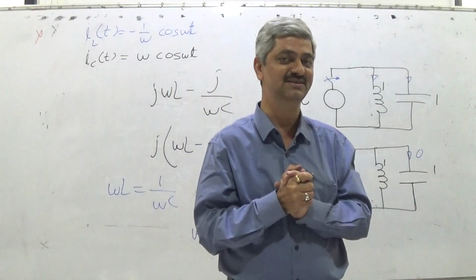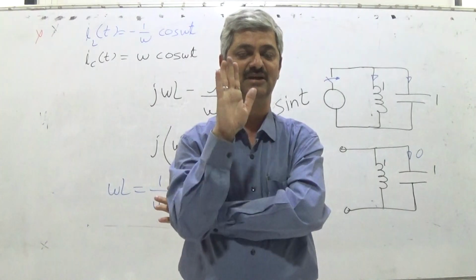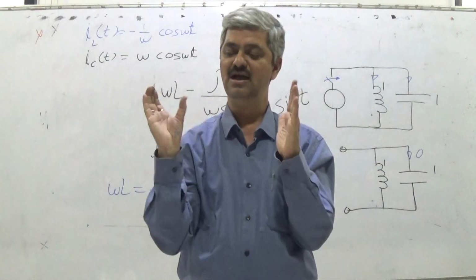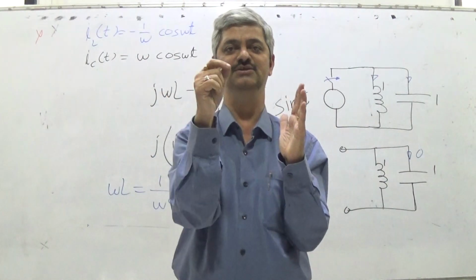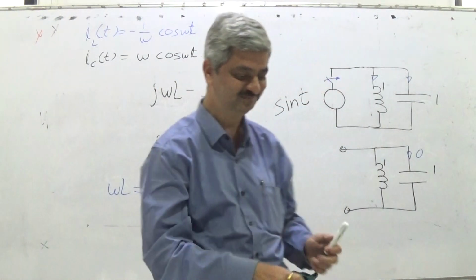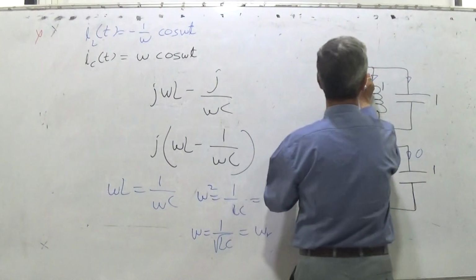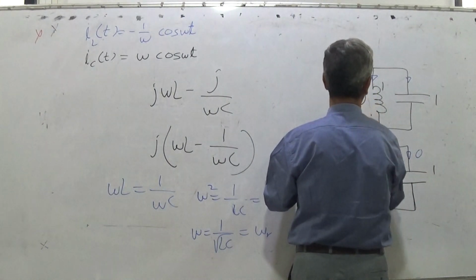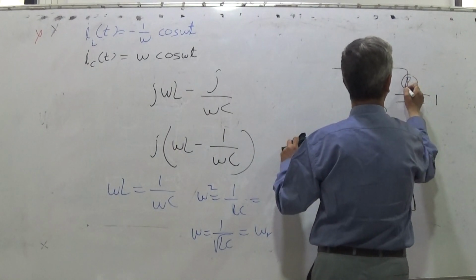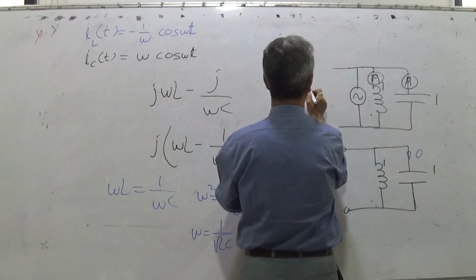So what will happen is, listen very carefully. I am trying my level best, explaining in simple words. In the LC circuit there was nothing, no current, no voltage. I brought a voltage source, I connected the voltage source, and I disconnected the voltage source. So if I have a voltmeter here, an AC voltmeter, and if I have ammeters here, AC ammeters, to measure current, I have a voltage source here.